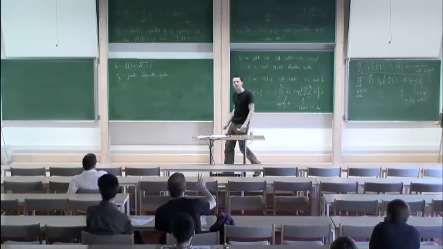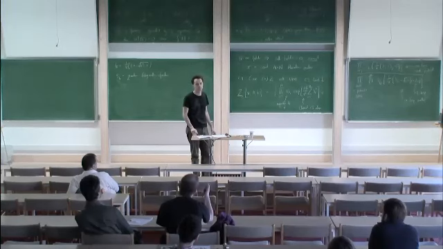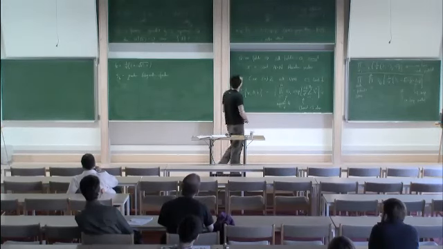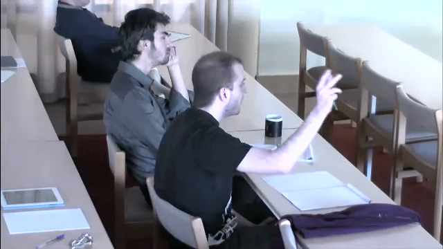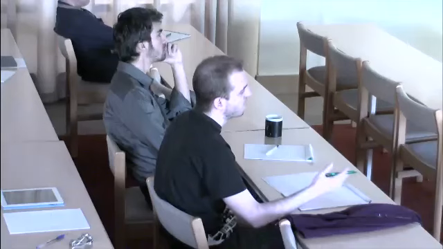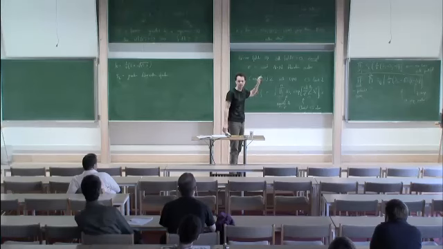I have a question about the way you present localization. Is this really equivalent to the way other people do it, adding a term to the action? Because there the one-loop determinant would be around the background, which depends on the modified action, and here you had no reference to that. So if you choose different localization terms in the action, the answer would look different. I mean, eventually it should be independent of the choices, I would say.